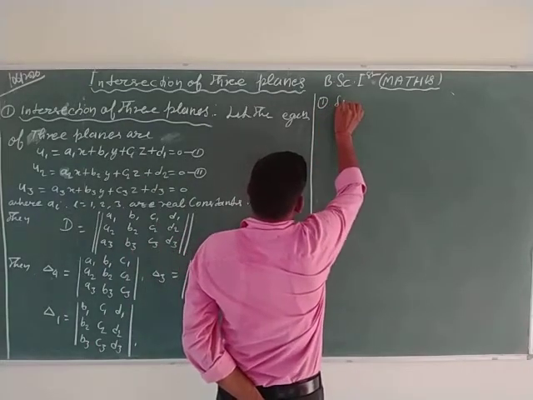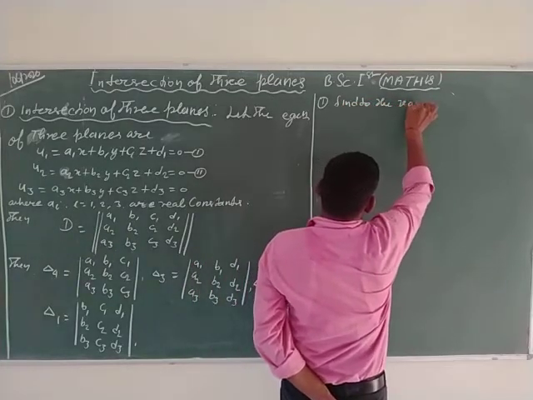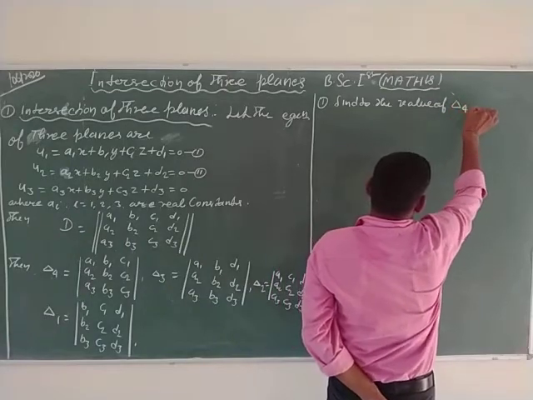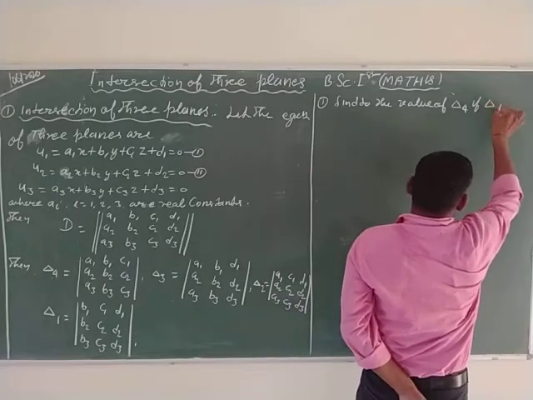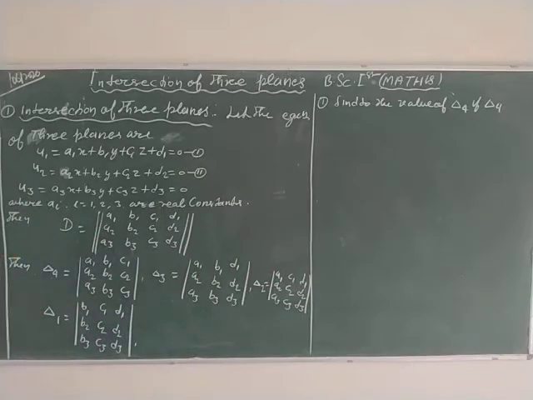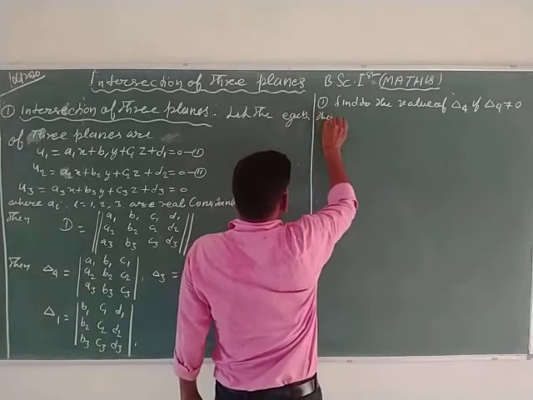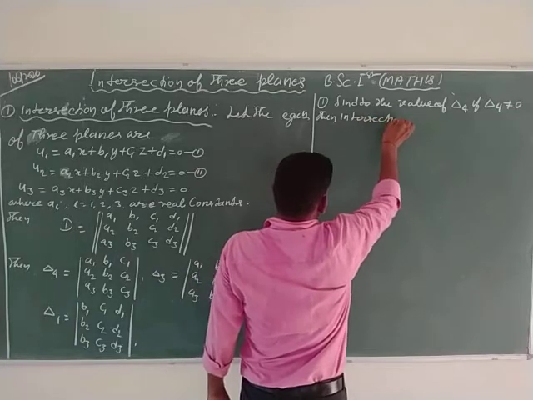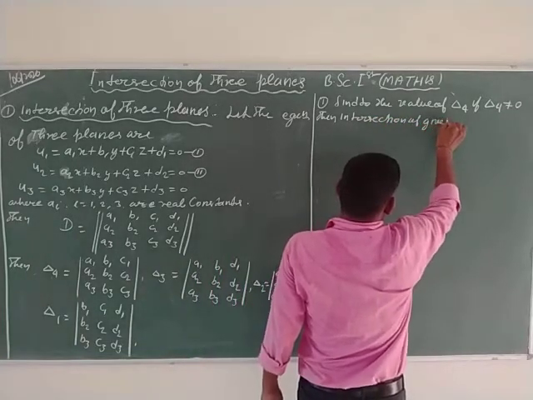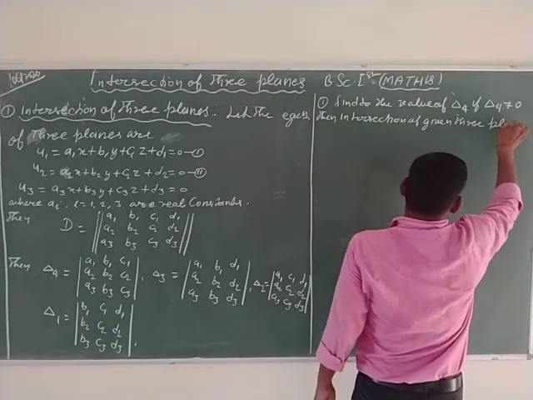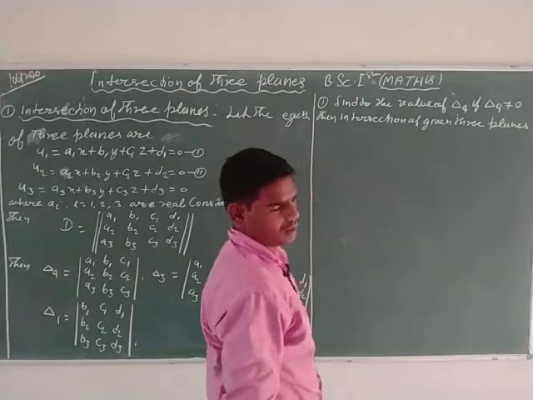So first, find the value of delta 4. If delta 4 is not equal to 0, then the intersection of the given three planes, that is plane first, second and third, is a point,